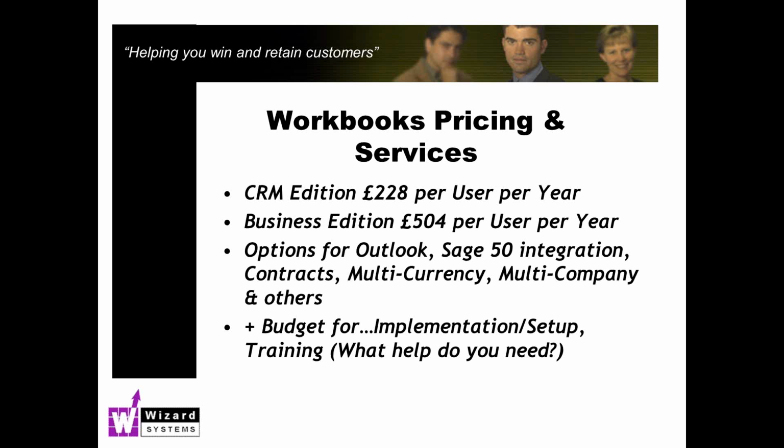We invoice you for your year's usage, and it's per named user. So CRM Edition is 228 plus VAT per user per year, and Business Edition, because it does more, all the financial stuff and tracking credit notes and purchase orders, producing purchase orders to suppliers if you wish, that's 504 per user per year